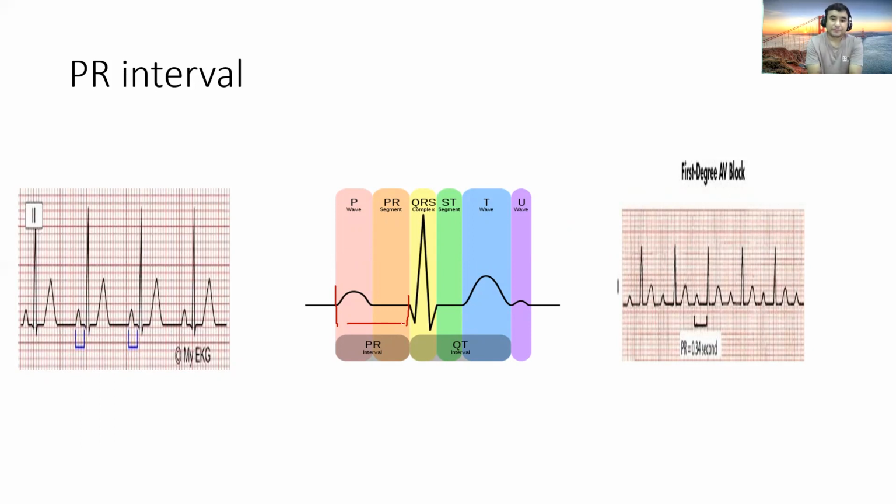Sometimes in some conditions the PR interval may be shortened, like in WPW syndrome, where there can be shortening of the PR interval. So I think you can calculate the PR interval. Just find the P wave, and measure from the beginning of the P wave to the beginning of the Q wave. Just count the number of boxes and you will get the time.